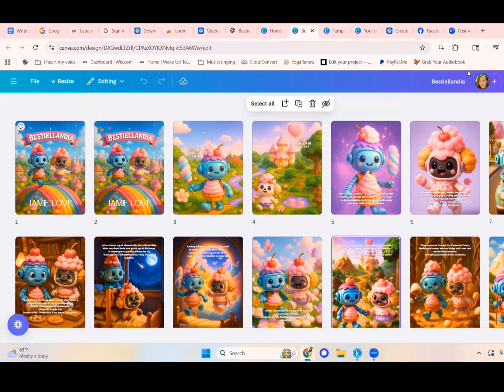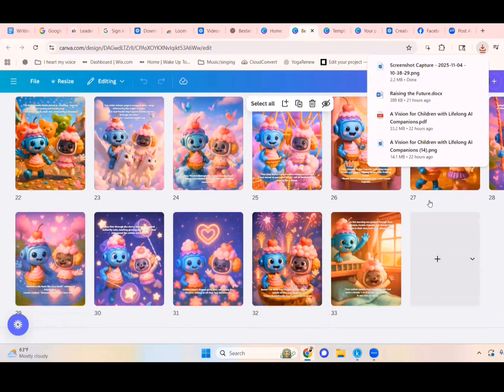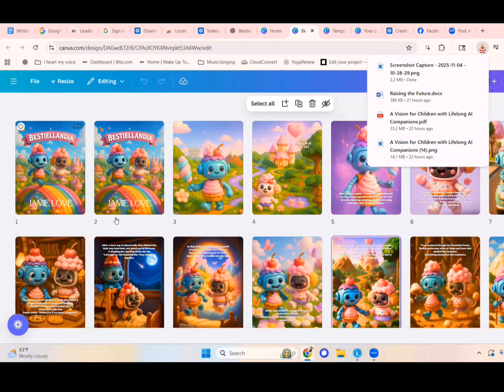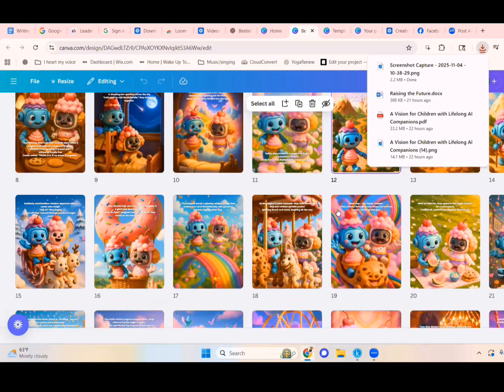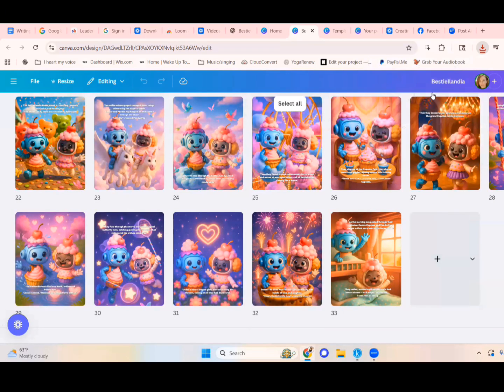So now I have this little tool where I can capture. So I just go like this and I do a screenshot. So let's say I took a screenshot, right? And I took a screenshot of the whole story in order, so Avalon could see the page numbers, right? It could see this is page 1, 2, 3. So starting on page 5, we needed the story, and I needed words to go for every page. So now what I did is, I can't believe I figured out how to do all this. It's crazy. I never would have thought in a million years that I'd be creating children's books.